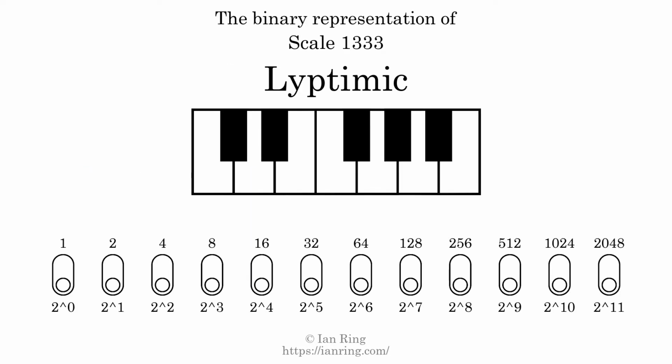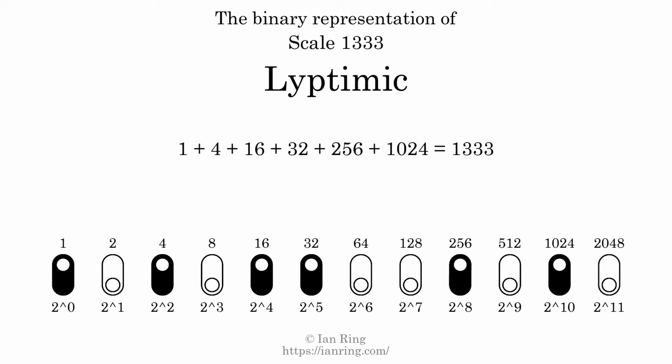The binary representation of this scale is determined by mapping tones of the scale to binary digits. Each binary digit represents a power of 2. To get the scale number, we add the powers of 2 together. The powers of 2 that are present in the scale, all added together, equals 1333. That is why the scale number, in decimal, is